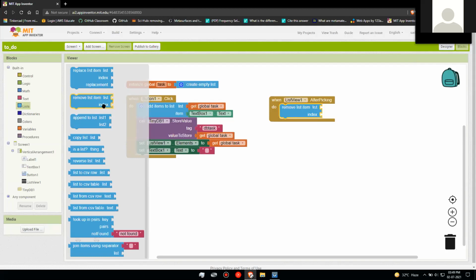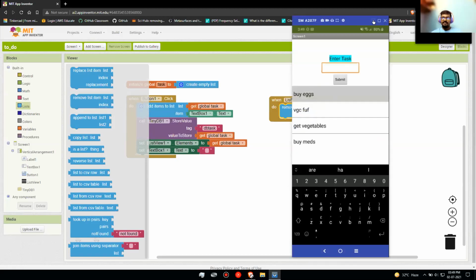Yeah, Remove is not visible to me. Ma'am, scroll down and it will be second from the top. I have scrolled down and at the very bottom is join items using separator, above that look up in pairs. List. Now look above, at the very top will be replace list items and then below it remove list item. Okay, so which one should we take? Remove. Yes.